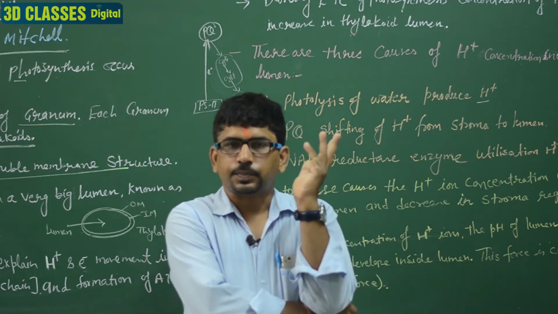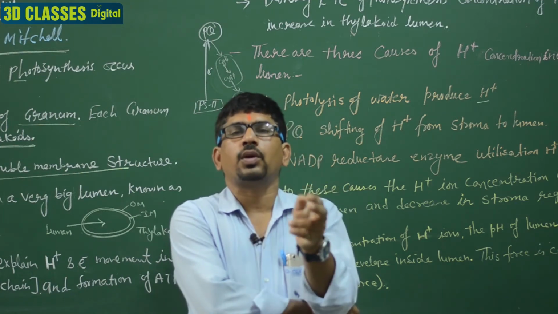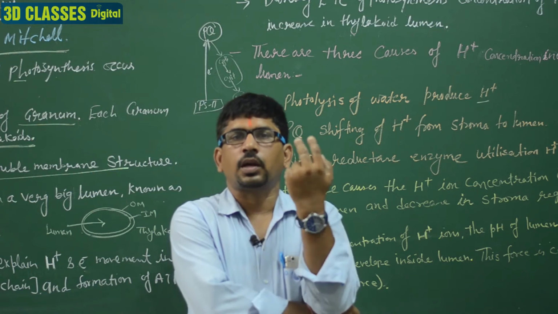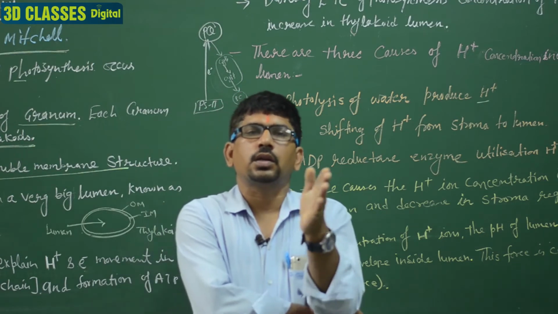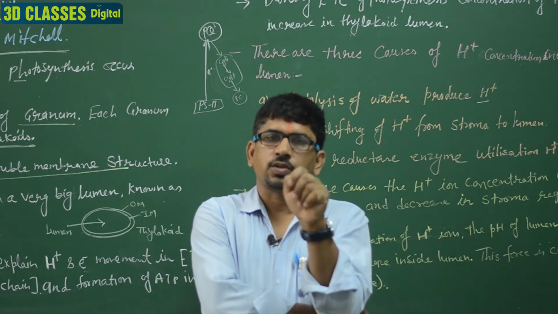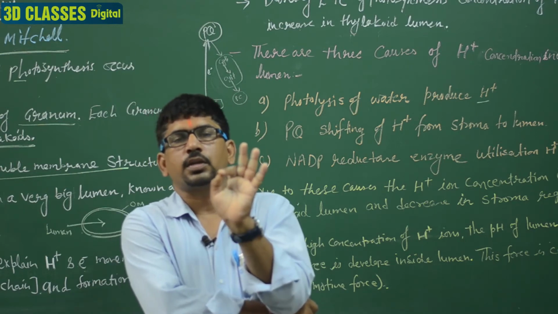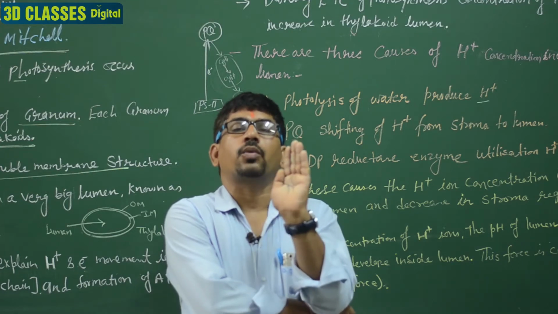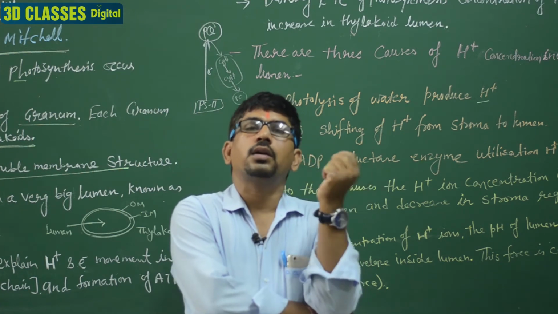Electrons move again to plastocyanin, PC. So that is the process for the incoming of the proton inside the thylakoid lumen. There are two incoming processes of the proton. The first one is the photolysis of water, and the second one is PQ to cytochrome b6 to cytochrome f, the movement of the electron and proton. That is the second process. So the amount of proton increases inside the thylakoid lumen.